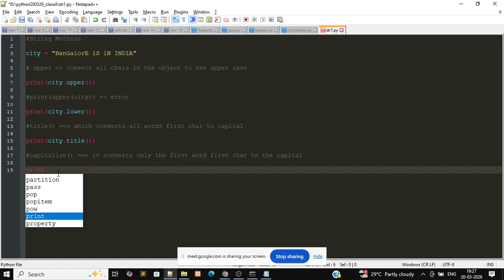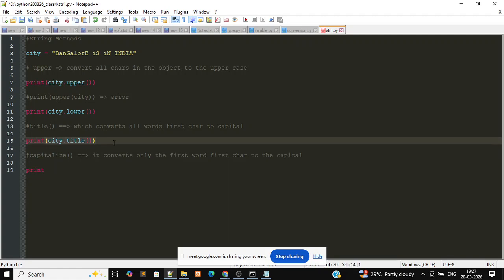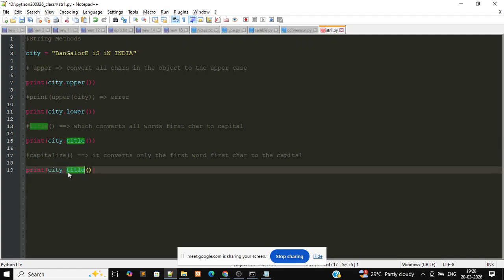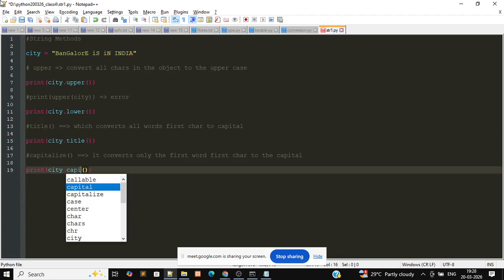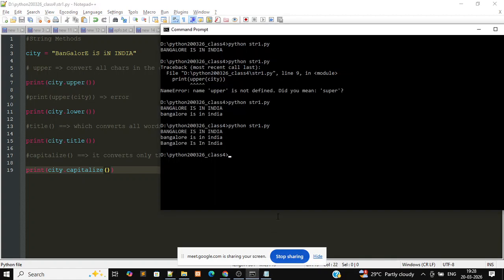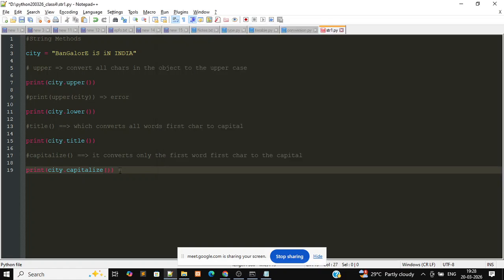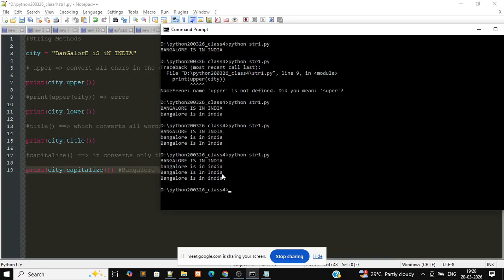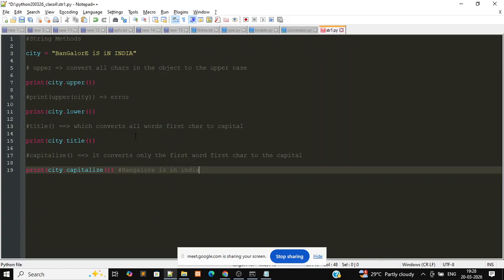So print city dot capitalize. Now we'll see B is capital, rest is all small, right? For easier purpose, I'll just put a comment here. So if you go through this file,